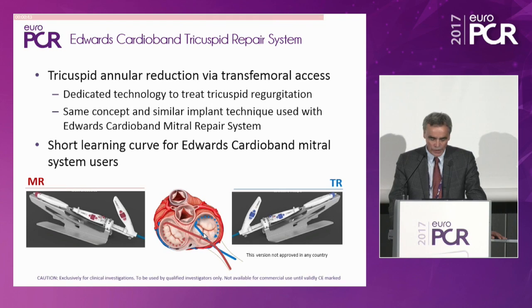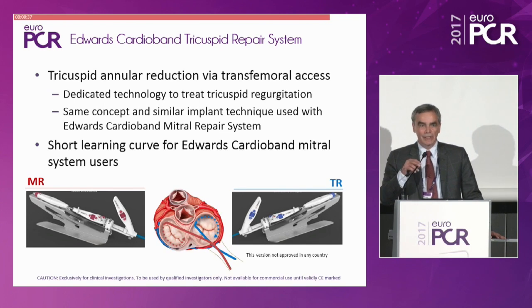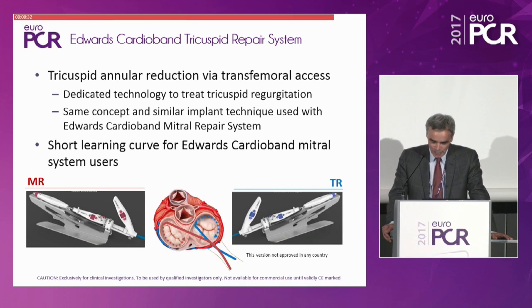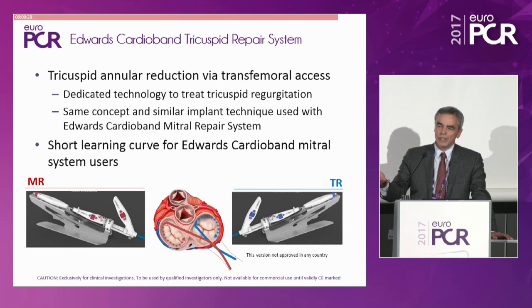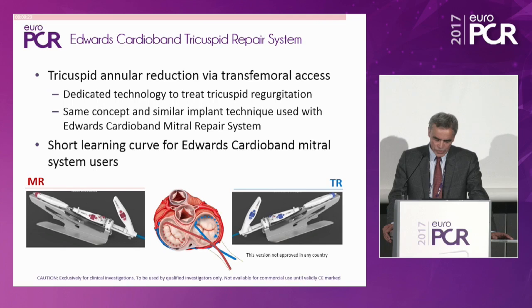And again, it's very much the same movement. So it tells you, despite we don't have Dr. Latib talking about how much learning you have to do if you want to move into the tricuspid, but I'm sure next time we can copy what he said about the mitral. But of course, here we have the advantage that all of us started on the mitral side and now moved into the tricuspid side. So it's not only based on the experience from the clip,